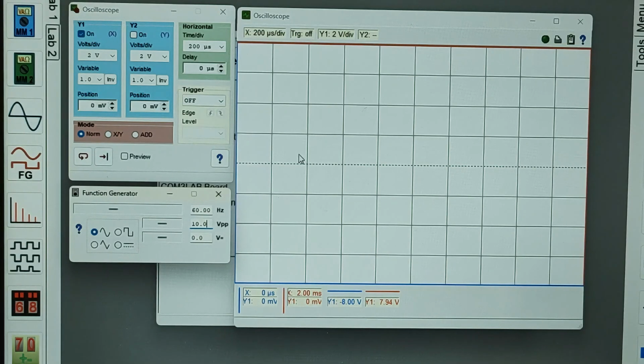So what I will do now, let me generate the input waveform first. Then we will try to make adjustments on the setting if needed. By the way, my oscilloscope Y1 and COM connection is actually connected to the function generator, which means the waveform you're going to see right now is the input waveform of the circuit. Let's generate that waveform. Preview.